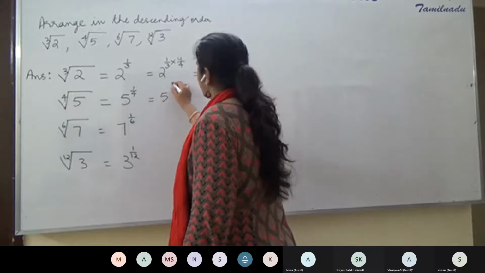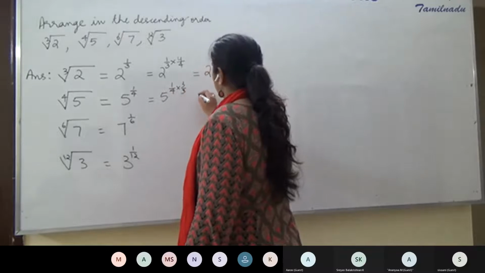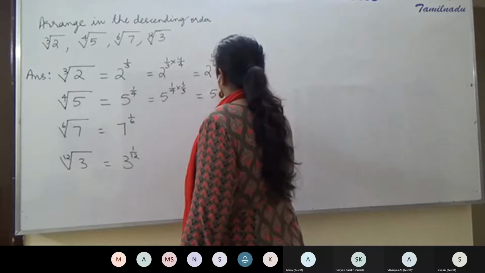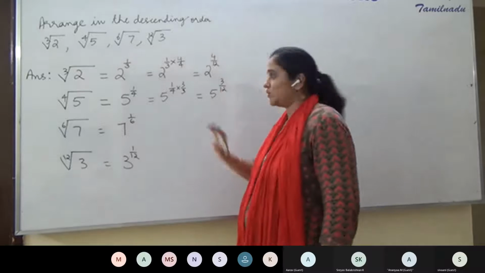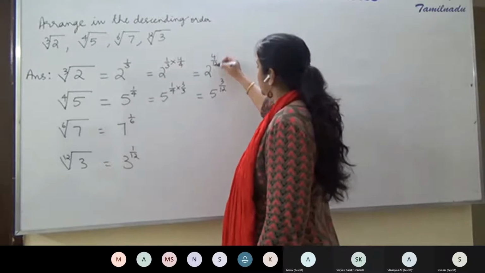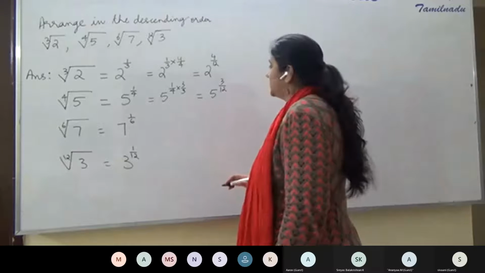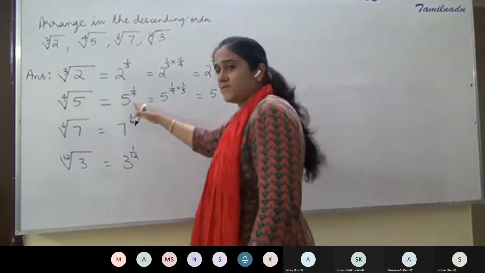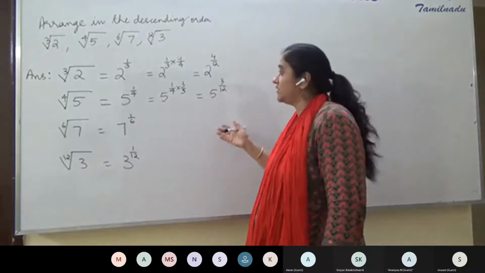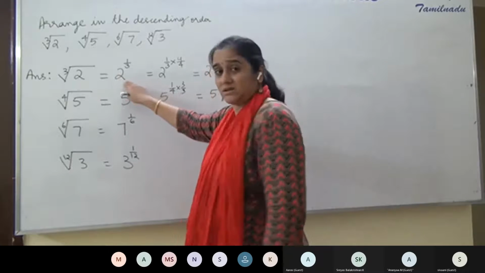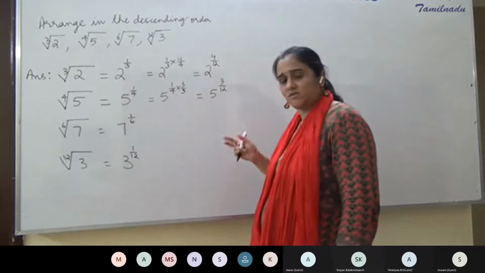Repeat that. So 5 to the power 1 by 4 into 3 by 3 is equal to 5 to the power 3 by 12. Don't simplify. You will get back 1 by 4. Don't again do 4 ones or 4 threes, then you will go back to this. Don't do that. So 5 to the power 1 by 4 is nothing but 5 to the power 3 by 12. It's the same. 2 raised to the power 1 by 3 is the same as 2 raised to the power 4 by 12.